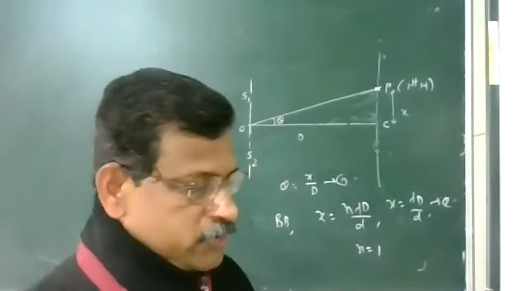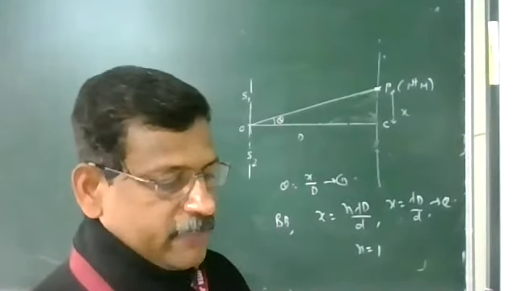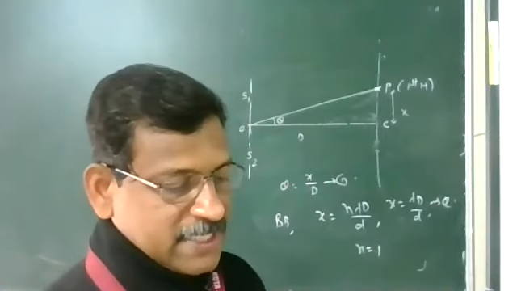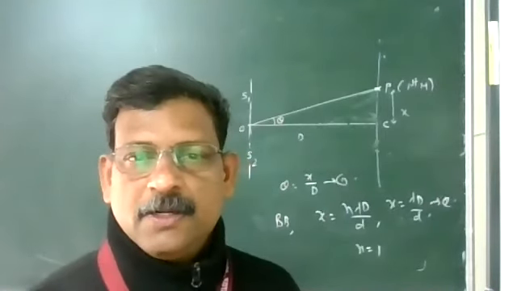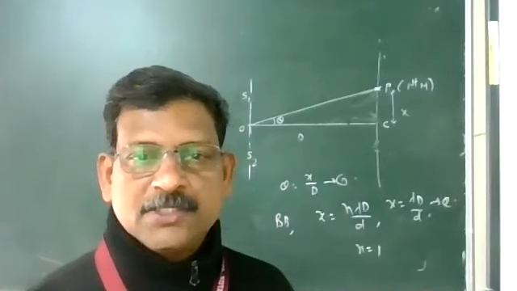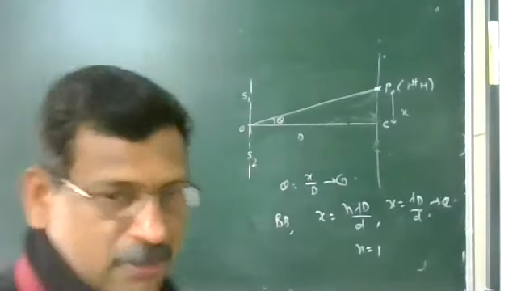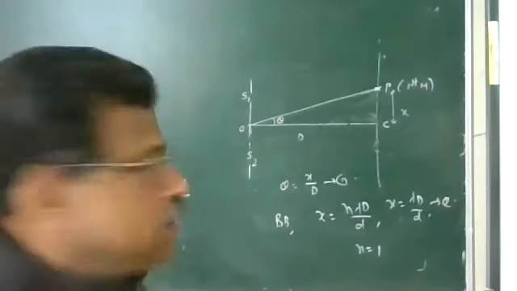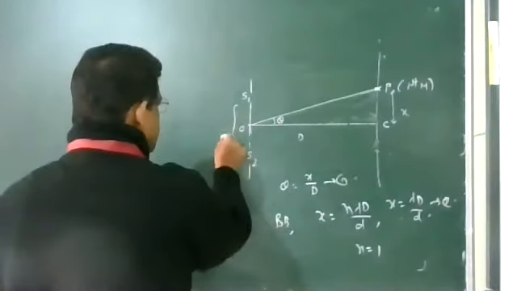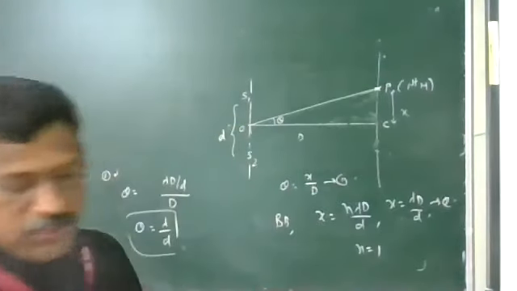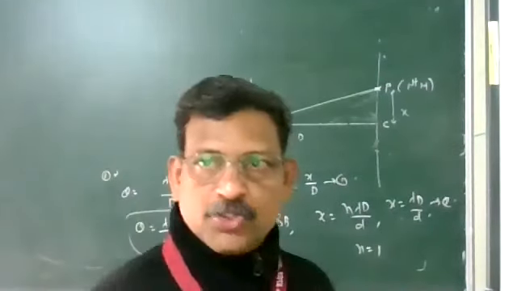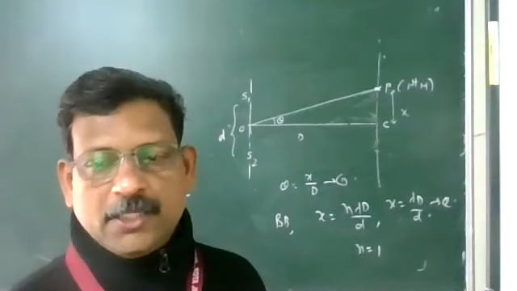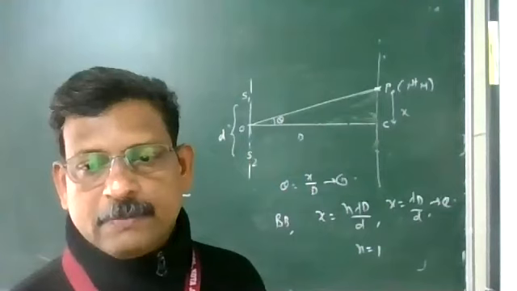The question was like this: how would the angular separation of different fringes in Young's double slit experiment change when the distance between the slits and the screen is doubled? Nothing is going to happen. The screen distance is doubled, but nothing happens to theta because theta is given by lambda by d. It depends upon the distance between the coherent sources. So these are the various points in Young's double slit experiment, the positions and conditions of maxima and minima. Practice the numericals for this. Thank you.